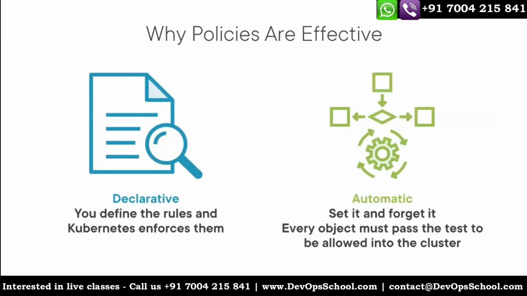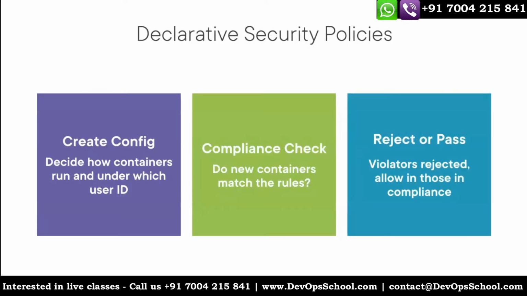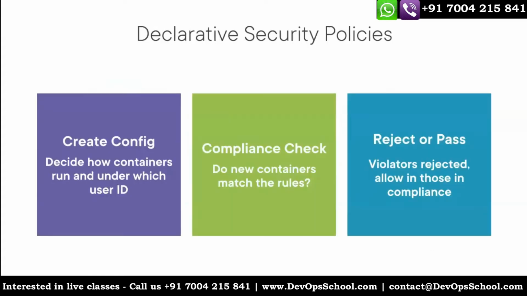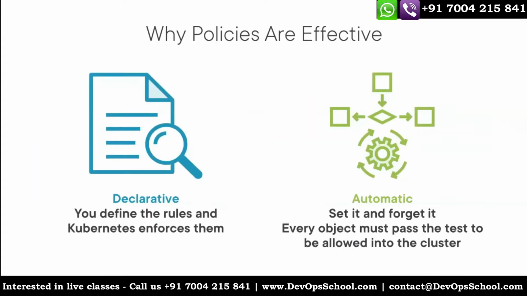So why are policies effective? It is declarative and it's automatic also. You define the rules and Kubernetes enforces them. Very simple. You will declare the rules and then Kubernetes will enforce them and allow, pass or reject. So here, set it and forget it. Every object means